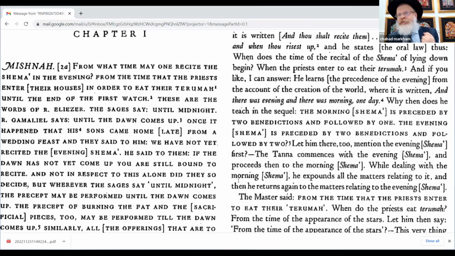So if I say going to sleep time, then Rabbi Eliezer makes sense, right? In the olden days, by the way, there was no electricity. There was no TV, there was nothing like that. People went to sleep when it got dark, you had nothing to do. There was no light, you had a little lamp, maybe it lasted an hour or two, right? You went to sleep at 6 o'clock, 7 o'clock, 8 o'clock, because you wanted to get up bright and early so you could get the first light in the morning to do whatever you had to do, right? So you could understand the opinion of Rabbi Eliezer.